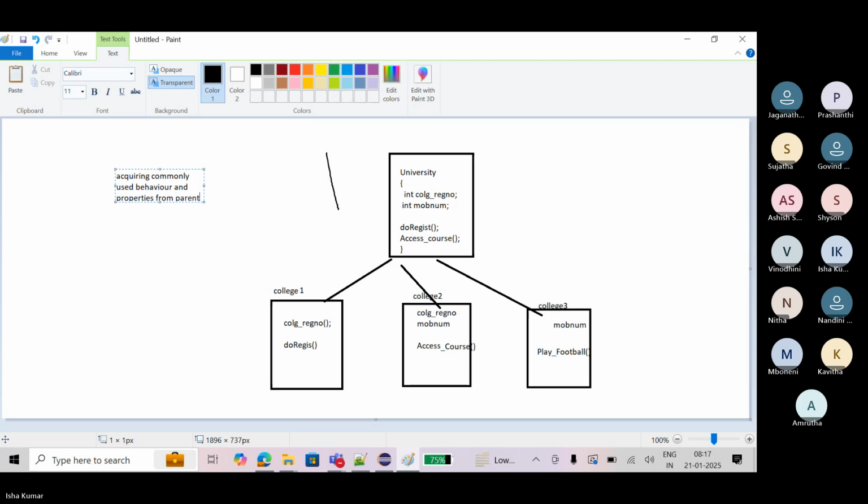Okay. So that is called inheritance. I will write this definition again, but just to make you understand, we have done this. So this class, from where the child is taking behavior or commonly used properties, is called the parent class, or it is called super class, or it is called